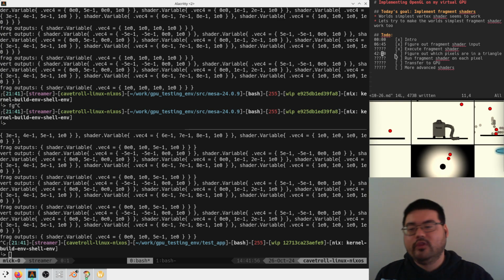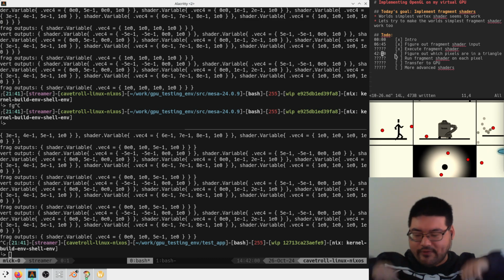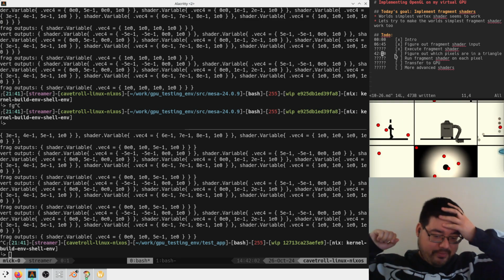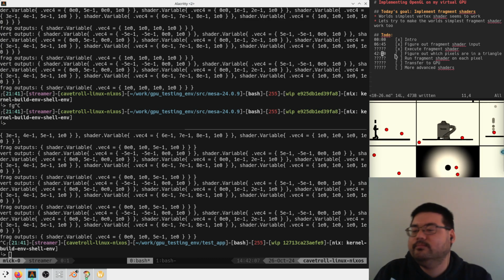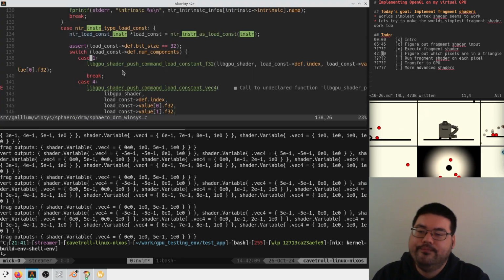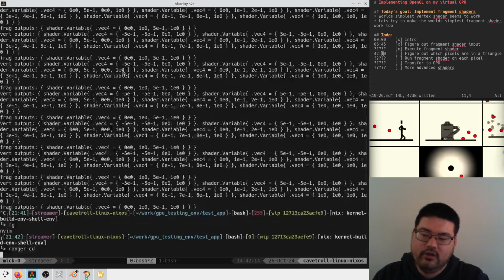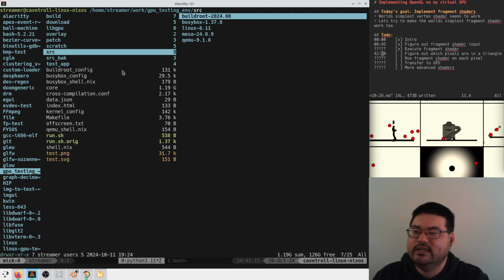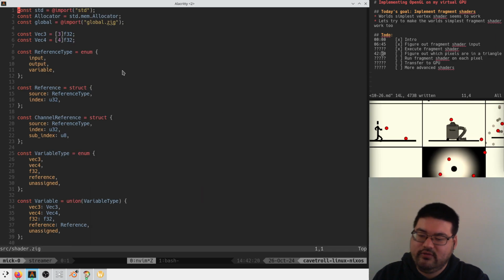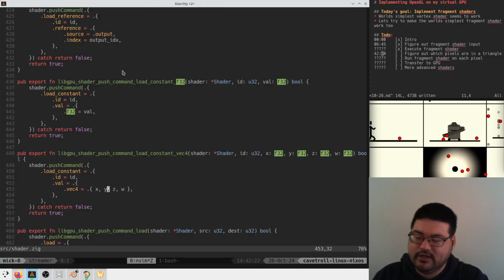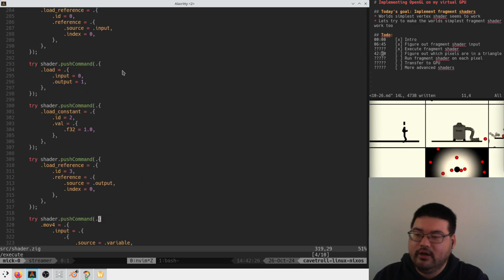Now, once we have the fragment shader output, we have to run that fragment shader for every single pixel in a triangle, which is something that I haven't really thought about at all yet. So, I guess this lives in the Zig library land, right? That kind of lives in libgpu. And it should live in shader pipeline execution, right? So when we say execute shader pipeline,